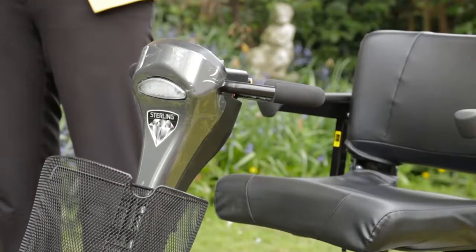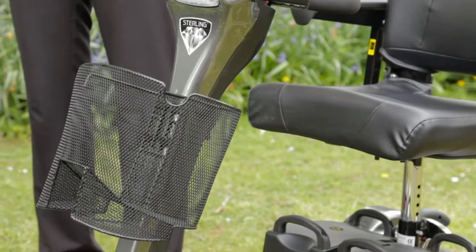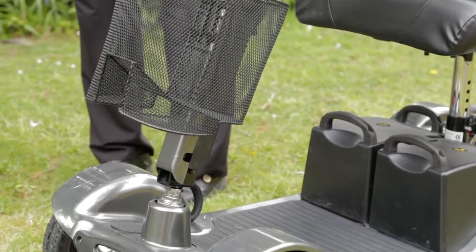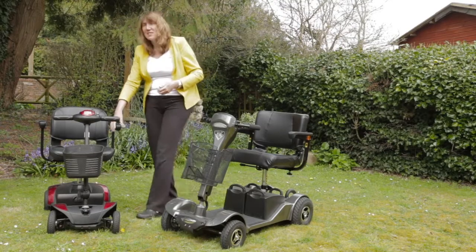There are a number of features to consider when looking at scooters, and I'm just going to go through a few of them with you now. First and foremost, think of the size of the person who is using the scooter. Now I'm 6 foot, so I'm going to need a scooter which enables me to sit on the scooter and achieve a comfortable seating position. If I were to look at this scooter and to sit on it,